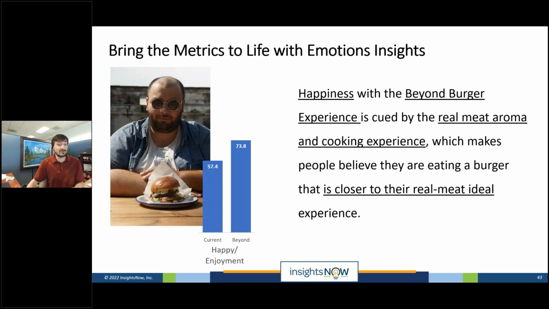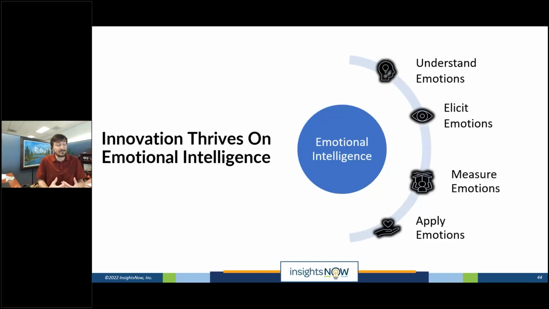All right, hopefully those show you some really simple examples as to how you can bring some of this information to life, and really then bringing you back to a full understanding of this full emotional intelligence component piece here. So great inventions, really great inventions, are always focused on changing people's lives for the better. And to do this, we have to have fantastic empathy for the people who are using the products and services, but we also need to learn how to communicate that to our team. And that's what today was about, helping you learn what that looks like.